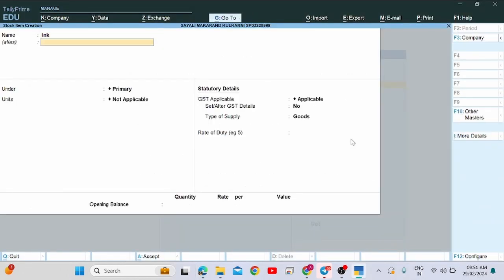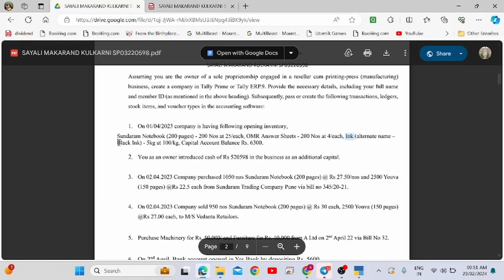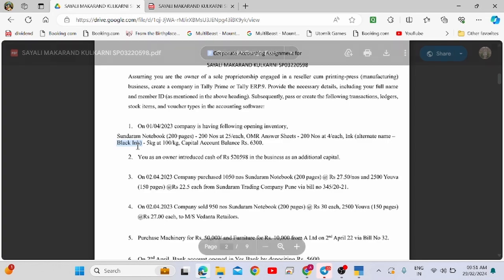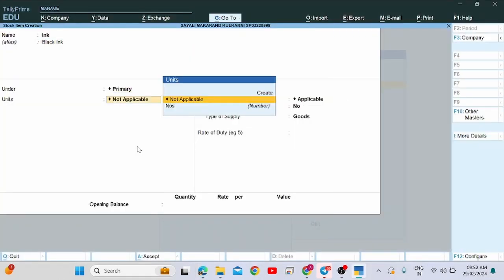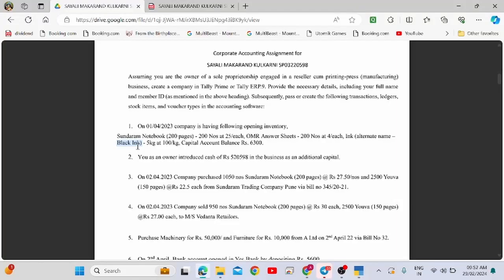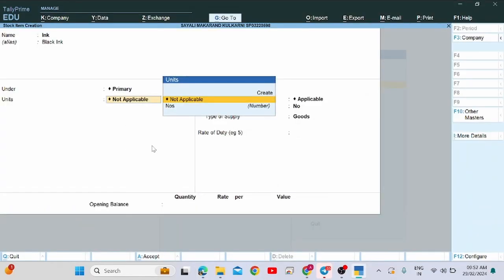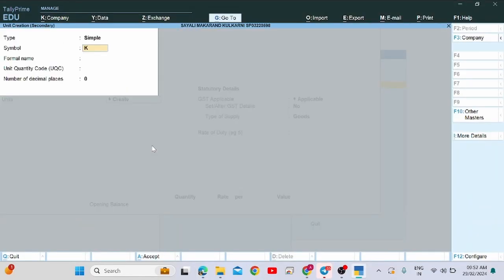For ink we have an alternative name, and then we write the alternative name in. Therefore copy this and paste it here in alias, we don't want that bracket, just remove it. And then ink is in kg. Do you have a kg unit here? No, we don't have a kg unit, therefore create kgs, and then kilograms,